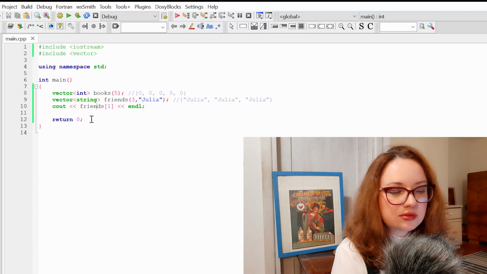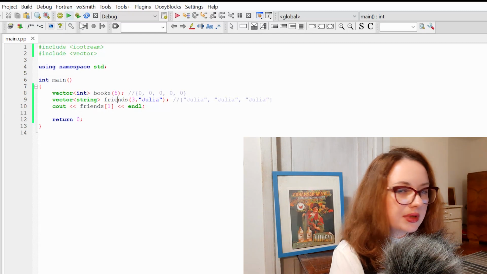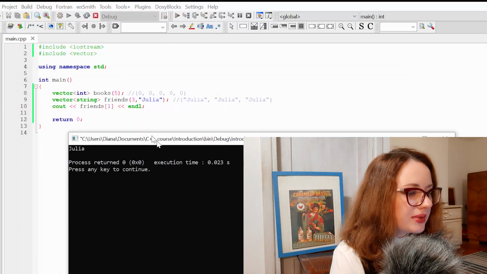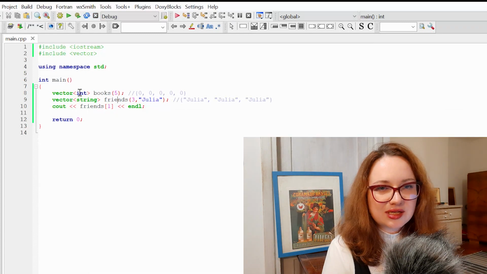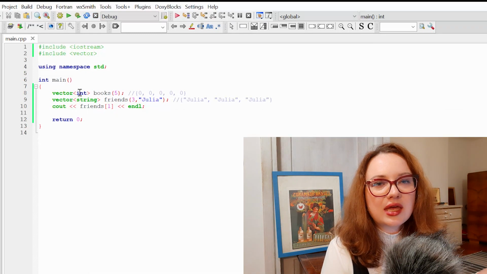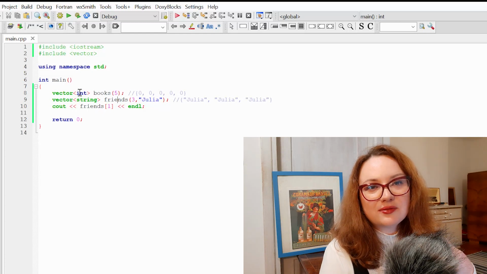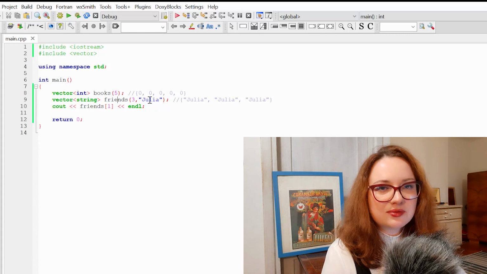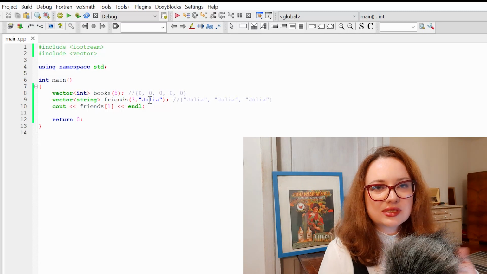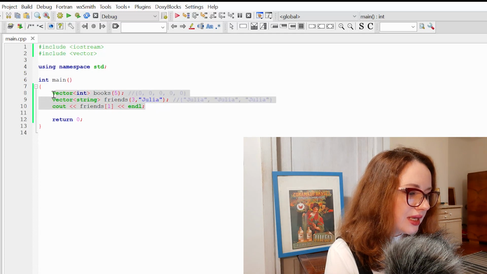Let's check if it's true. Let's try to write the value of the first member of my array to the console. Build and run program, and you can see that indeed now I have vector of 3 strings, and each string is equal to Julia. So you can see that actually I can create vector of anything, and I guess you already think, if I can create vector of anything, can I create vector of vectors? And of course you can, and that's once again equivalent of our multidimensional array we discussed when we talked about arrays.